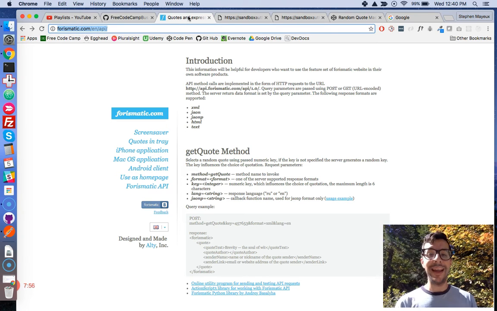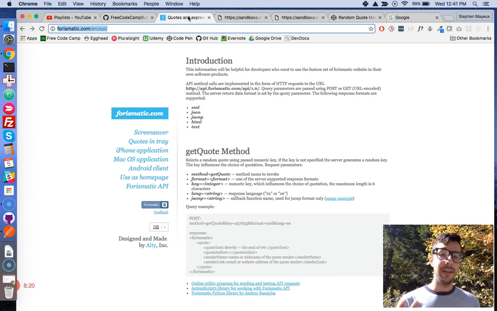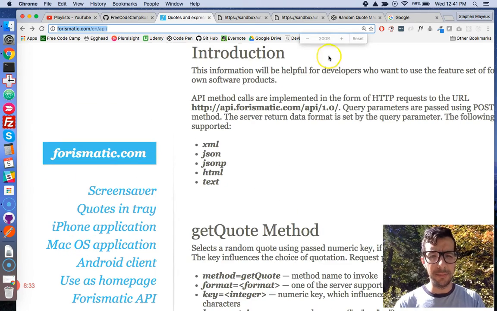So I want the data, I want the quotations and expressions from Forismatic because they have a huge database of that and lots of great stuff. So I am going to use their API endpoint. And an API endpoint is just a web address. It's a URL, just like google.com or Facebook or twitter.com, whatever. But instead of the server responding with HTML, it responds with different kinds of information. And in this case, with the Forismatic API, I'm going to blow this up right here.